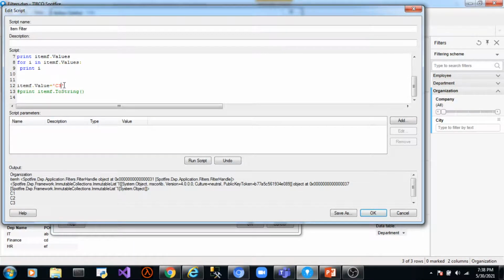So we pass this string to this property value, and this item filter will be set to C3. Let's run this. See, this company filter is set to C3. If we set it to C2, it will be set to C2.